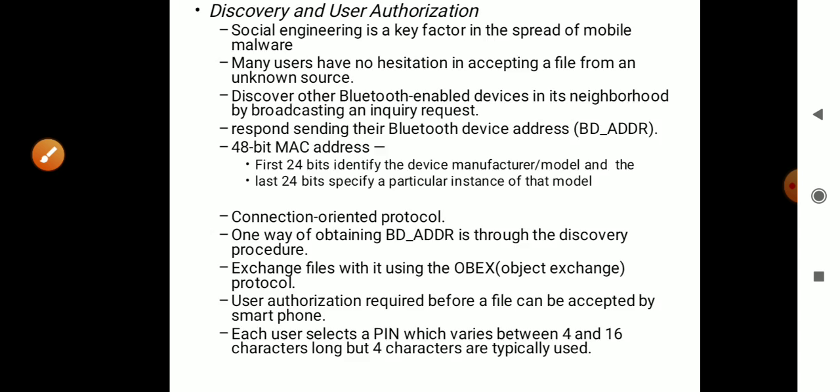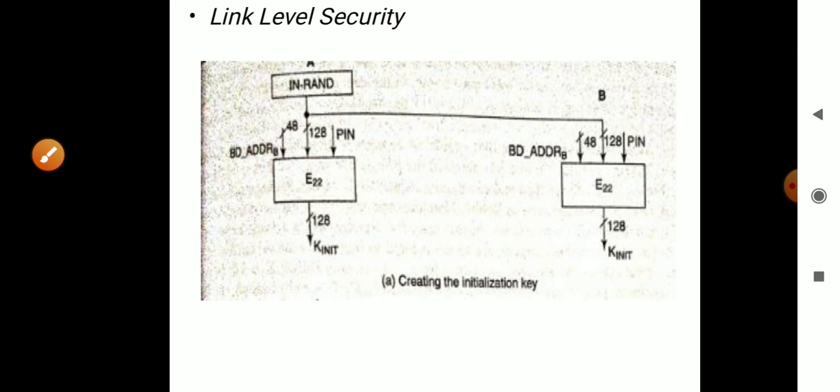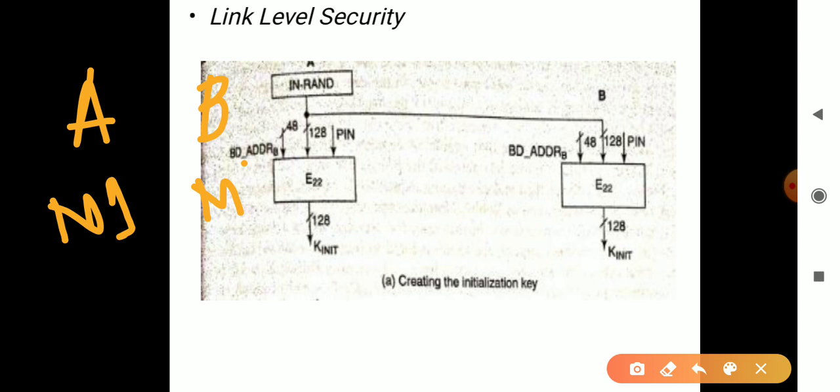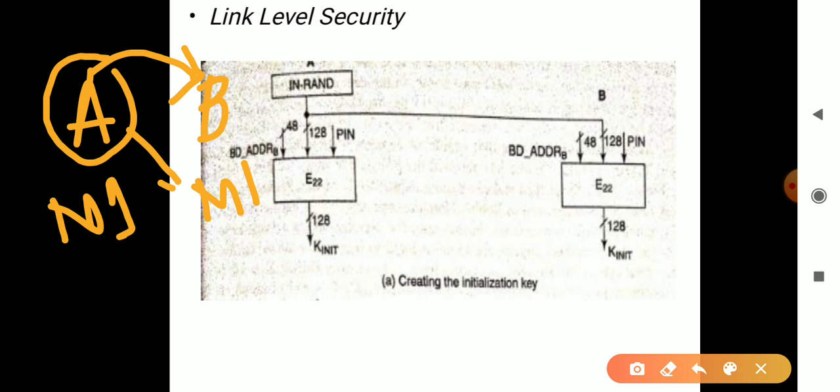The next thing we'll look at is how the link is established between two devices. For example, there is a user A and a user B, and each has its own particular name, say N1 and M1. When A wants to transfer a file to B, A's Bluetooth device identifies it as M1.